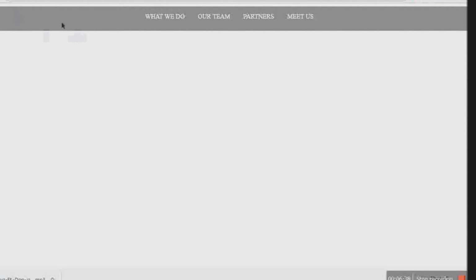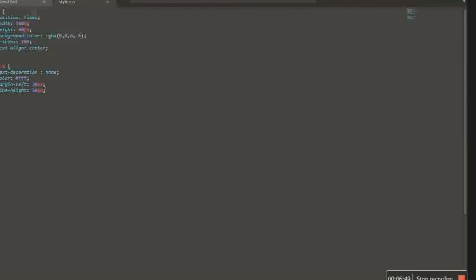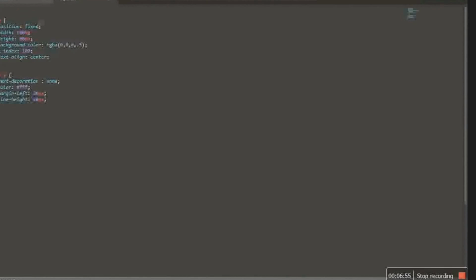Wow, that's the navbar, but as you can see, there's still a space up here. Let's go and finish it off so that there won't be space there. For doing that, you should define the HTML. That's why it was like that. I define it.